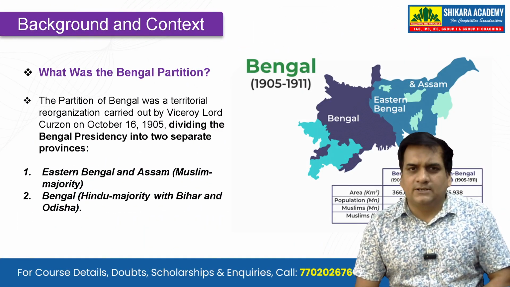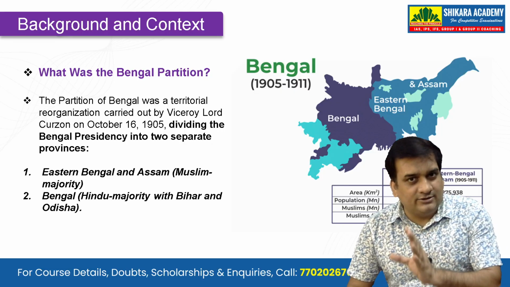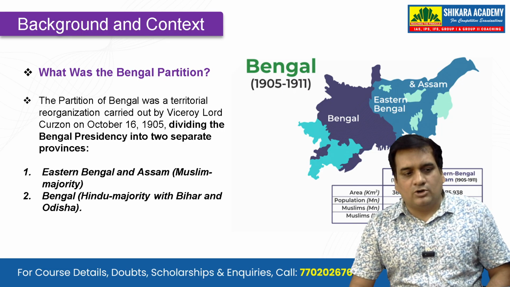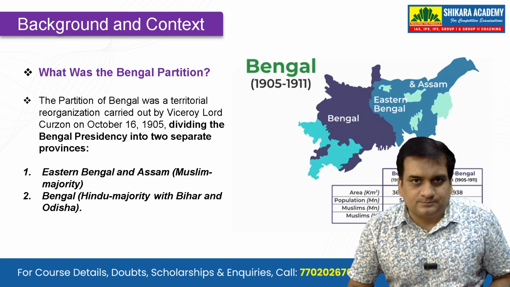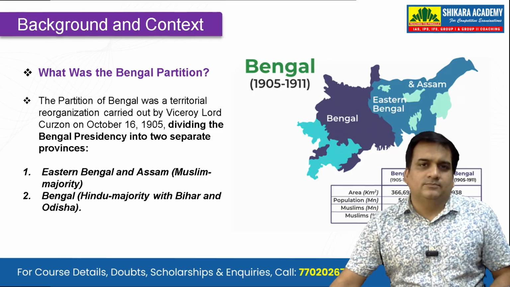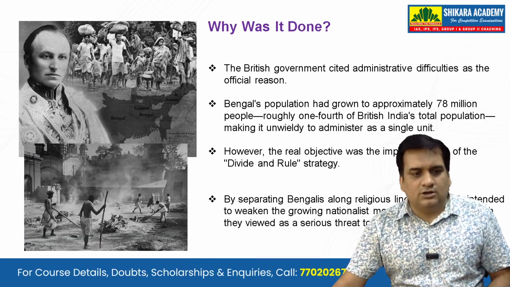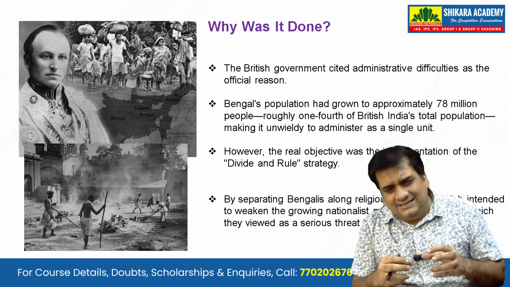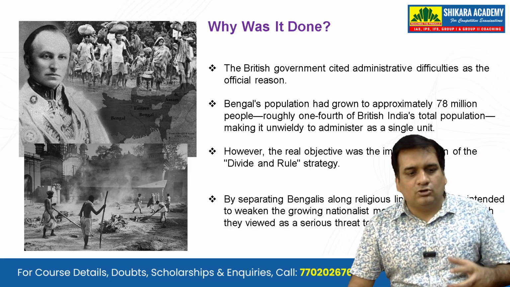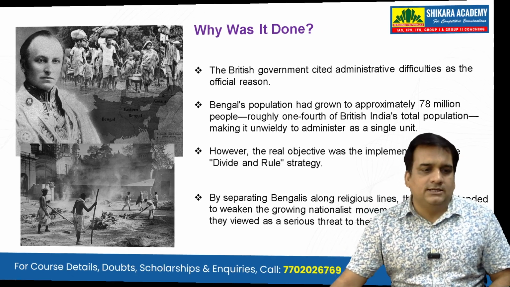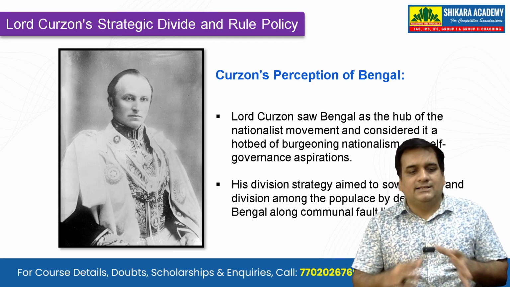Now let's come to the topic, the Bengal partition of 1905, which ended in 1911. Please remember, that's very important. So what happened is that Bengal was divided into two parts. Why? Because the viceroy or the governor general, whatever you want to call him, thought at that time that Bengal was emerging as the hub for the nationalist movement. And he thought that we have to use this divide and rule policy. Because of this, Lord Curzon, who was there at that time, decided that he was going to divide Bengal.